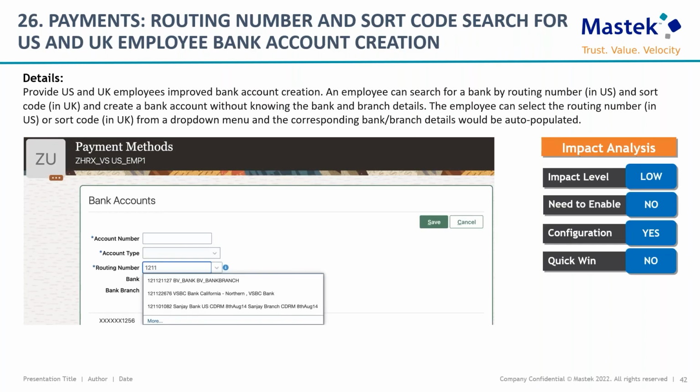Next up, we have routing number and sort code search for US and UK employee bank account creation. So this feature would greatly help employees while they are adding bank accounts for their payments. Let's say they want to receive their payroll in their bank accounts, or they want to receive expense reimbursement. So in such cases,